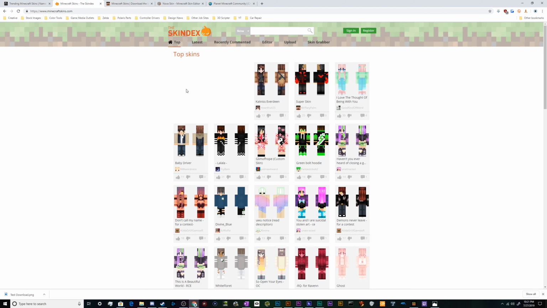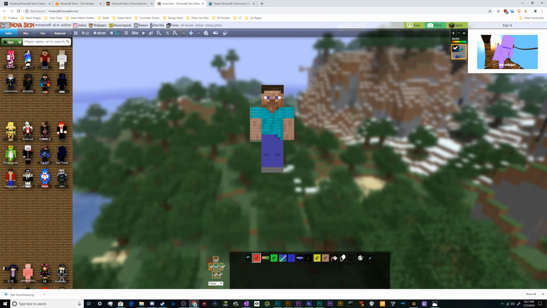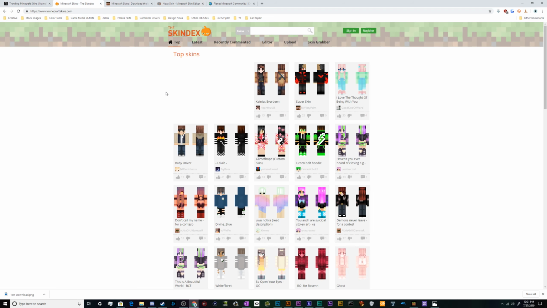For this tutorial, I'm just going to do this the old-fashioned way. You can play around with this editor yourself at home, where I guess we'll just select all these, and you can basically just draw around on the character to give them like a big red beard. It'll actually tell you the limits of what you can do with this little hovering box, so you don't accidentally draw somewhere where you can't see it in game and then miss some details that suddenly disappear. They actually give you a bunch of different starter skins that help you determine that with a little bit of three-dimensionality. But we're just gonna mess around with some off the Skindex, at least to start with,